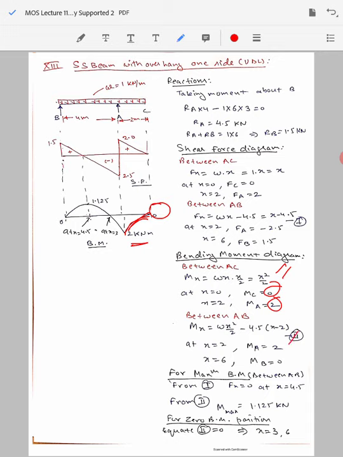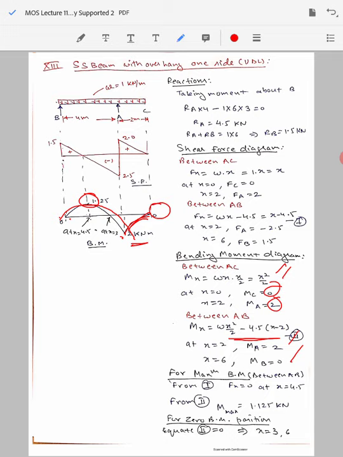Then from the point 2, it is going to be 0 again, but you see here again there is a quadratic relationship. So from point 2 to 0 it is not a straight line. Please don't make the mistake of connecting these with a straight line. Because of this quadratic relation, there will be a parabolic shape appearing here. To connect these two points there will be a parabolic variation, and somewhere it is going to be maximum positive on this side.